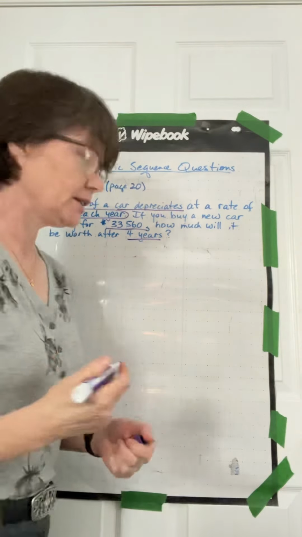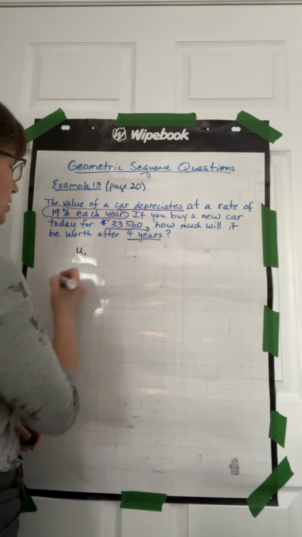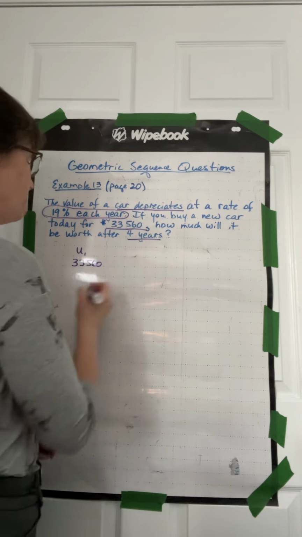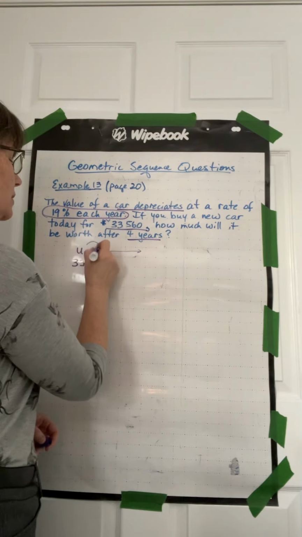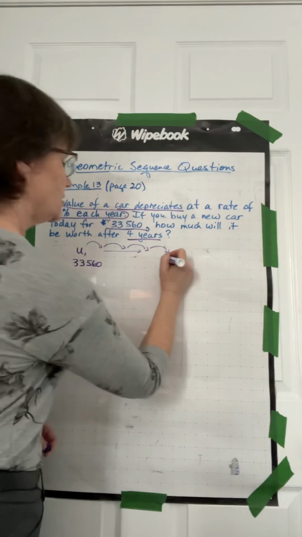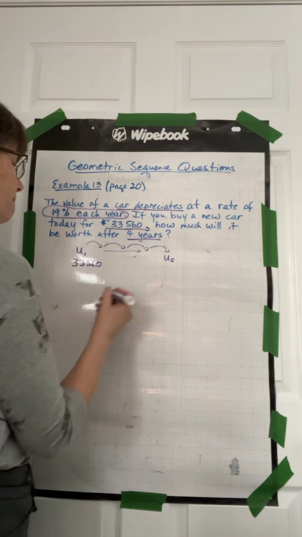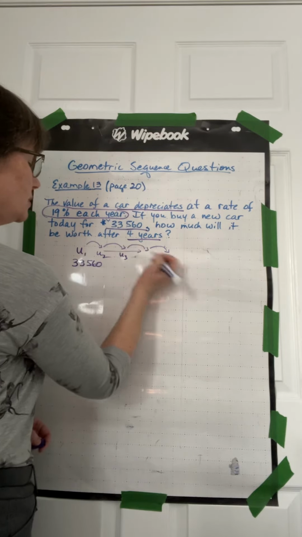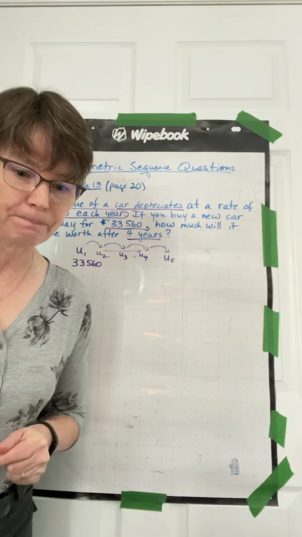Okay, so basically we have a geometric sequence here where we have U1, which is your initial amount, 33,560, and we need to figure out 4 years later, which would be 1 year, 2 years, 3 years, 4 years. That'll actually be U5 that we're looking for, won't it? It will be 4 years later. So U2 will be 1 year later, U3 will be 2 years later, U4 will be 3 years later, and U5 will be 4 years later. All right, so